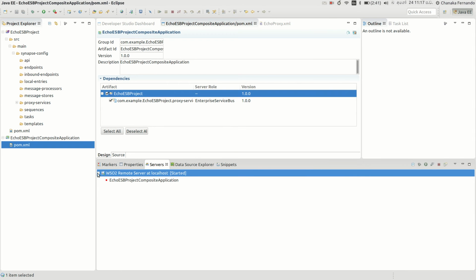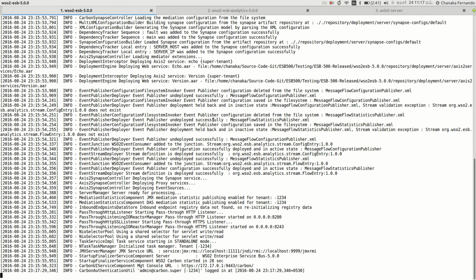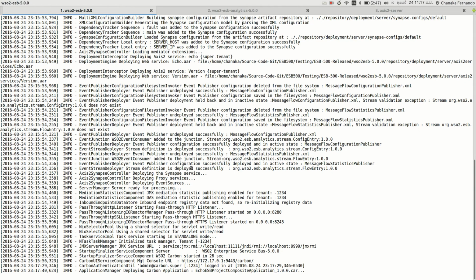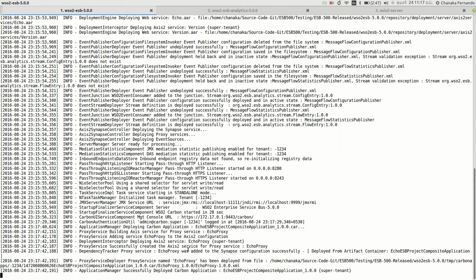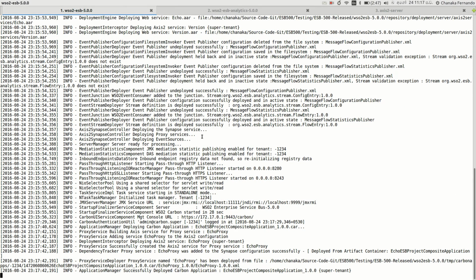Once I deploy that, if I go to the log of the ESP server, here I can see that my composite application and the artifacts are successfully deployed. Okay, now we have created the artifact and deployed it to the server.